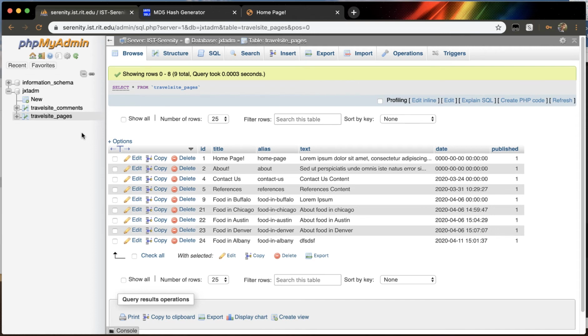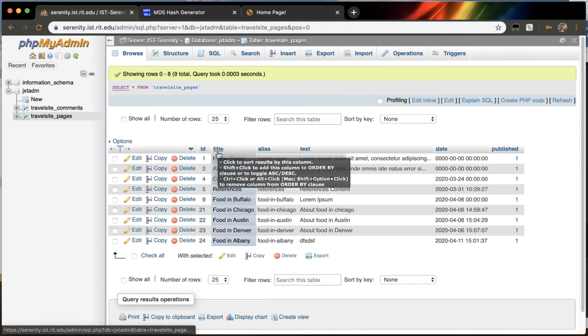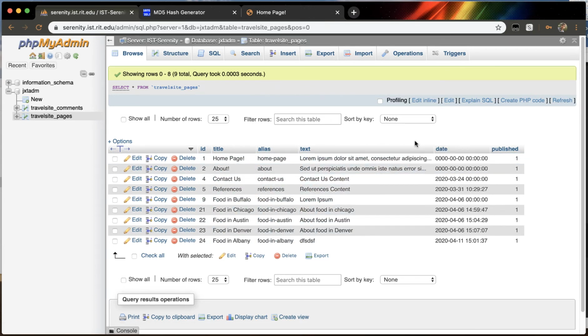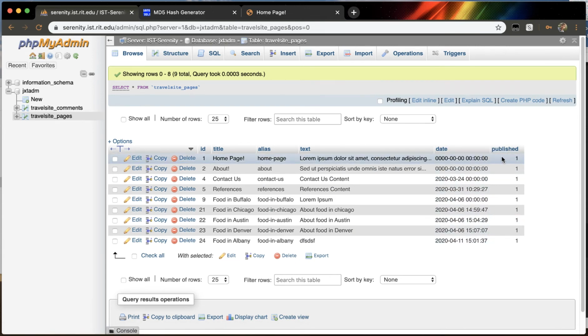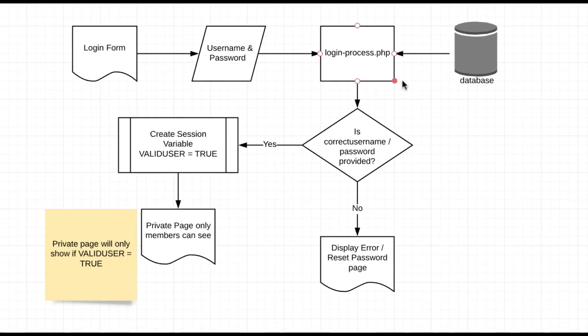This is going to contain the pages for at least 2 of your web pages for the final project. Now in this case, I've stored the title, the text, but I've also kept things like the date and if they're published or not. I don't think I'm going to make it required to necessarily store whether it's published or not, but you might want to put these things in there. And next we're going to be adding a database table that contains user accounts for the website. Now before I start building the table, let's take a look at the workflow of how our login application is